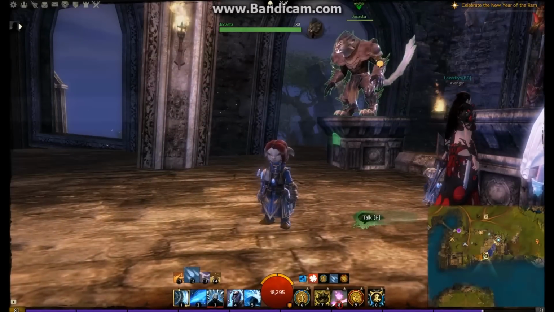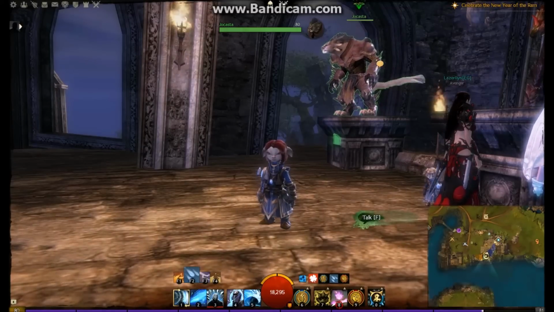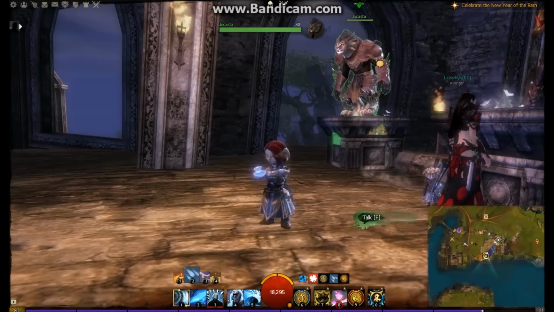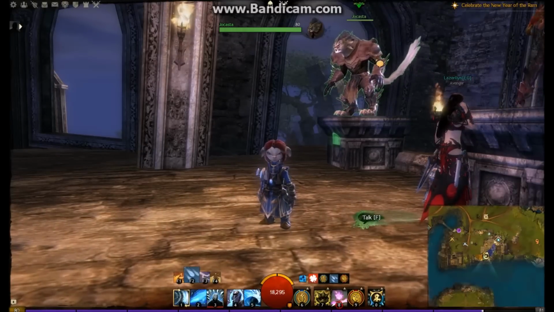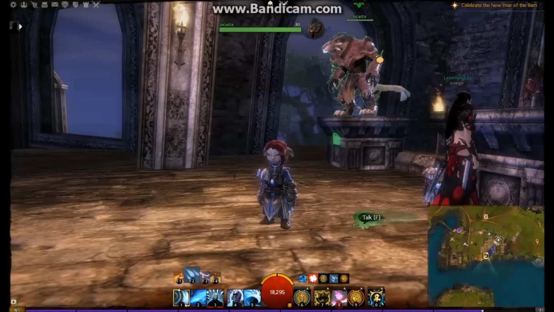This is part of the series looking at how you can make gold in Guild Wars 2. This episode is going to be a slightly different view in the fact that it is substantially risky. This is to do with the trading post and flipping items, and just explaining a little bit about what that